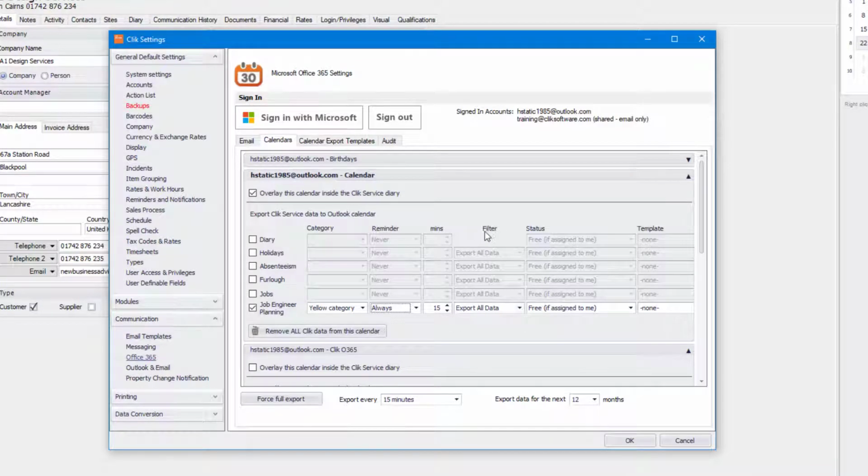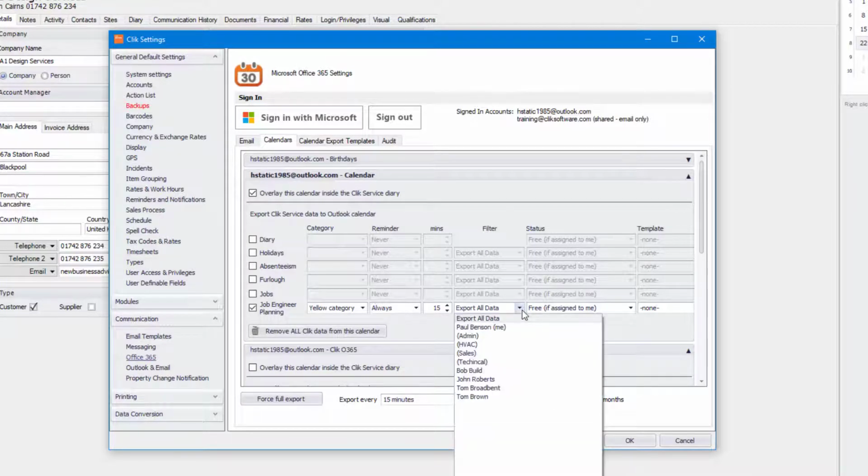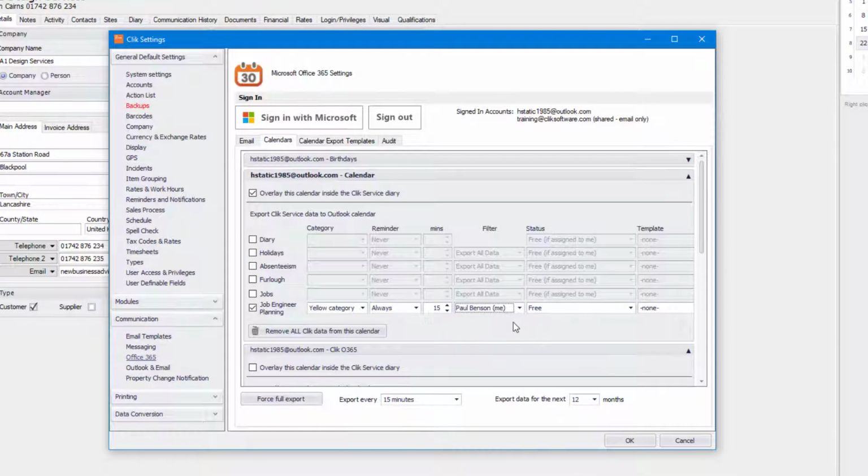The next bit is the filter option. So I can say export all the data from the job engineer planning, or it could just be jobs that are assigned to me. In this case, it's Paul Benson. I'm going to say me. So that's fine. That's going to basically send anything that Paul Benson's assigned to this particular calendar here. Then when it is assigned, what I'm going to say is that I'm actually busy.